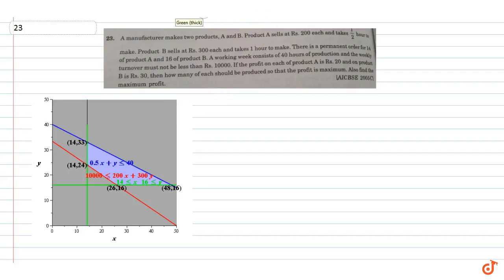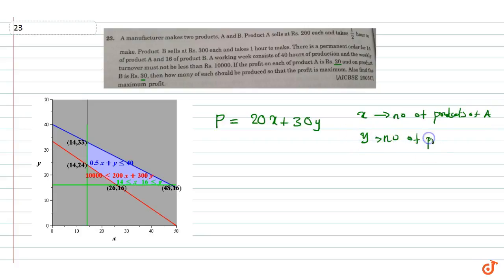So our objective function is P equal to the profit for product A is rupees 20 per product and 30 for product B. So the profit function is 20x plus 30y. x is the number of products of A and y is the number of products of B. Now the constraints are